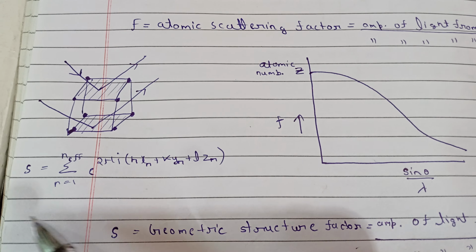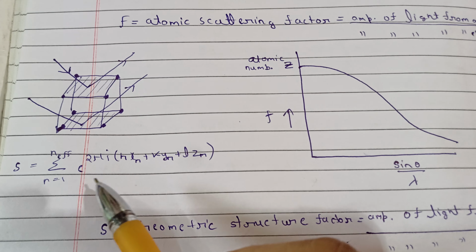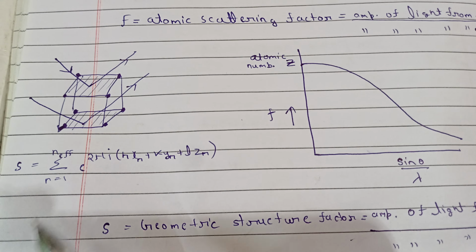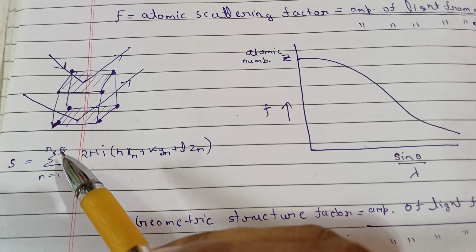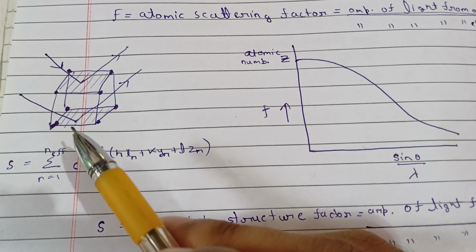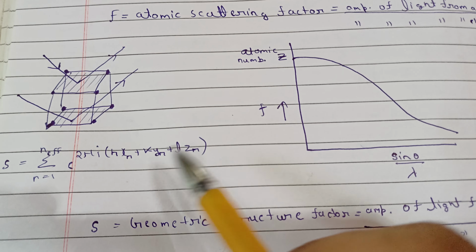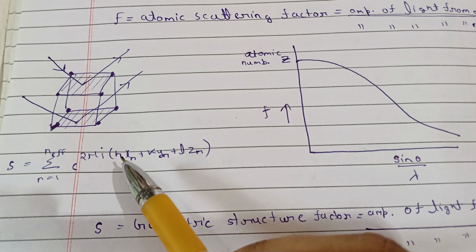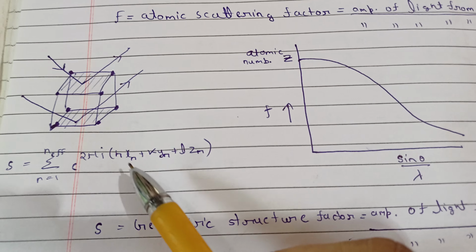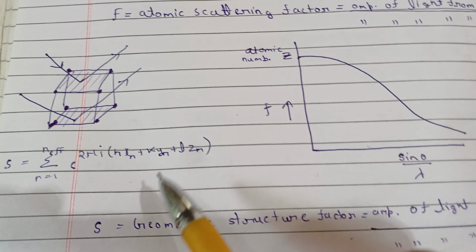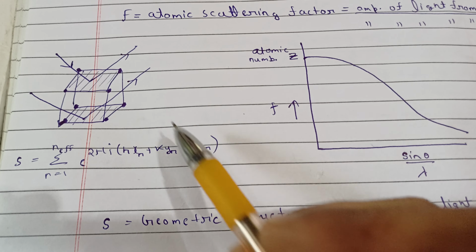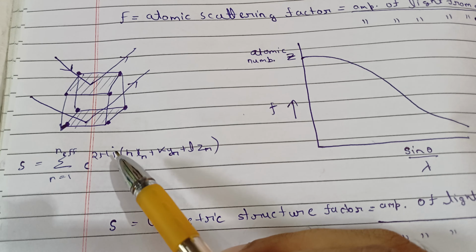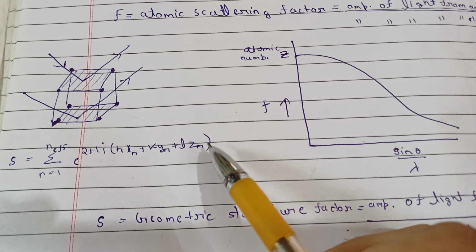Now there is this S. This S is nothing but the sum of this. N effective is the total number of atoms inside a unit cell, the effective number of atoms inside a unit cell. If it is 2, then we take both atoms and their coordinates will be x1 y1 z1, x2 y2 z2 for 1 and 2, and you can use that hkl plane. For any plane you will have the Miller indices, so you can determine things. We will see what we can determine from these expressions. Just remember these expressions only. It is e to the power 2 pi i (h xn + k yn + l zn).